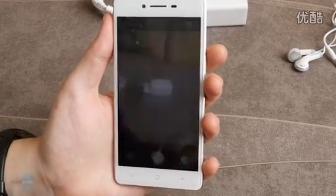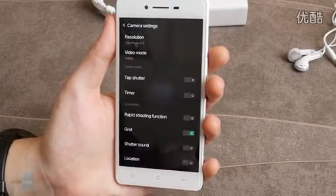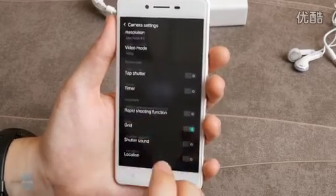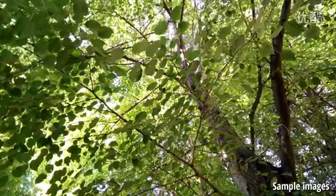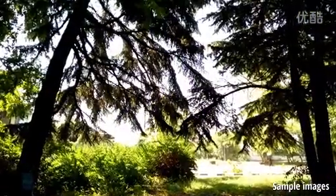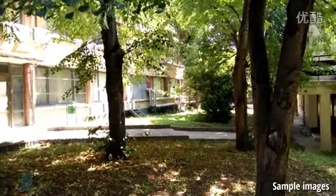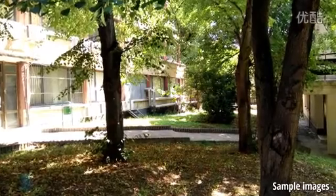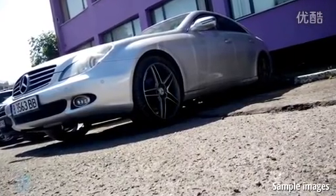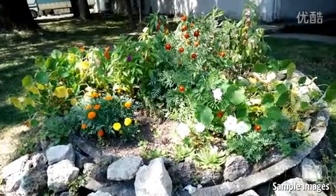By default, the camera boots into normal regime, which is your typical automatic point-and-shoot mode. Chances are this is how most users will be using the R7's camera, so it better be doing a good job. But does it? Well, we went out and we shot some photos on a beautiful morning to put the 13-megapixel camera through its paces, and our main impression from this experience is that the Oppo R7 has a tendency to overexpose images. That's nothing a little bit of ISO adjustment can resolve, but bear in mind you need to fire up expert mode to access this setting, and all the button tapping involved could take precious seconds away from capturing that perfect